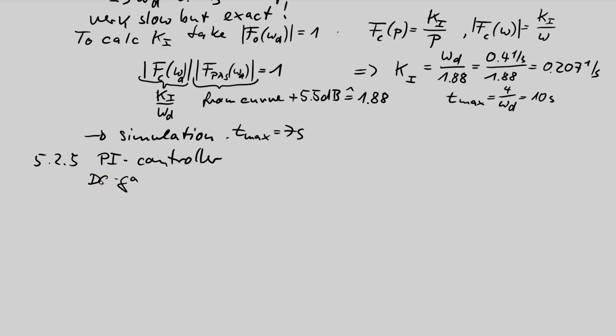DC gain is infinity. Consequence, control error: the final value of the control error is 0. Same accuracy, but the phase is more positive, you can say. More